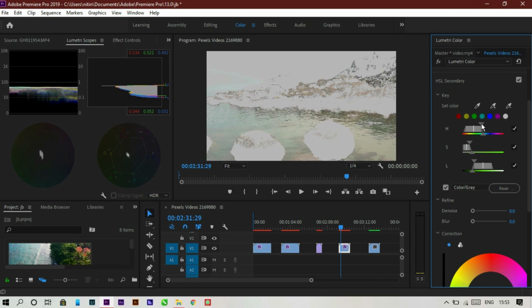Our boulders in the background are also selected, but for that I'll denoise it, but I don't think denoise does much work. So I'll just add a little bit of blur, and I'll change these hue, saturation and luminance. I make changes in these three things, so those boulders will be removed from my masking. Just like this I'll decrease or increase the